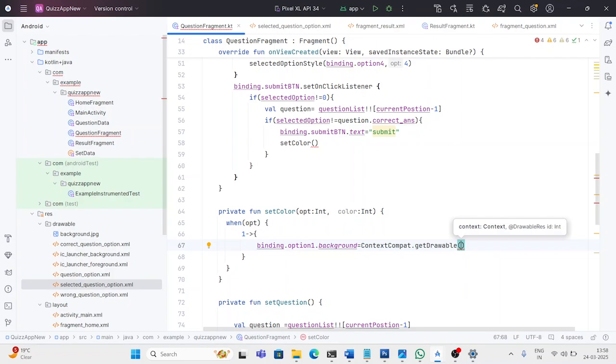And here I will pass, first it will take the required context, and the next argument it will take is the color. Similarly,